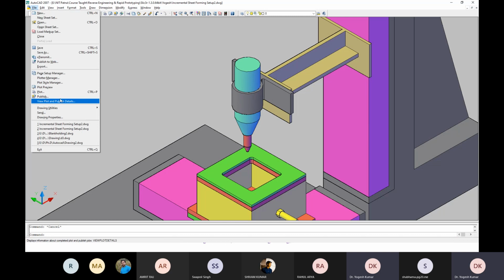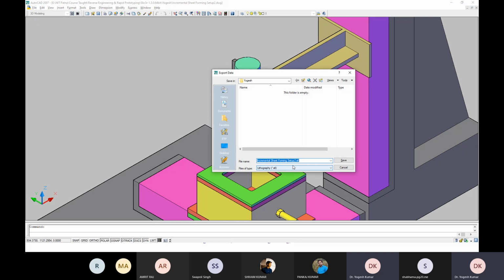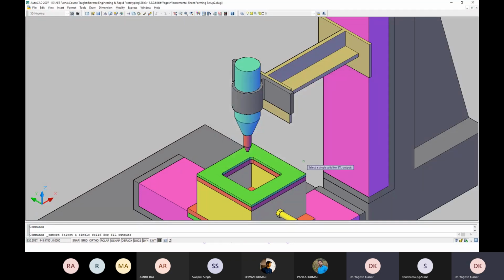I will go to export. Here you can see the export option. Export in which format? STL format. Here you can see there are a number of formats. So I will select stereolithography. Say true. Cylindrical.